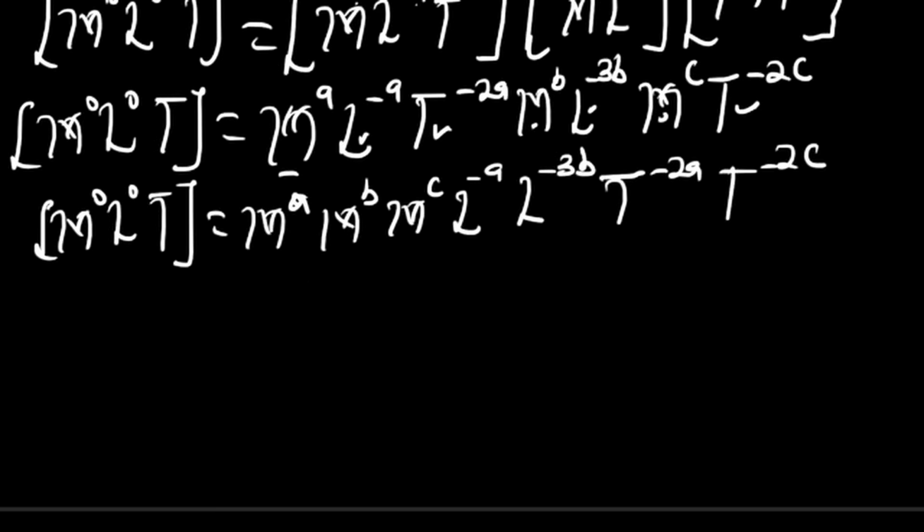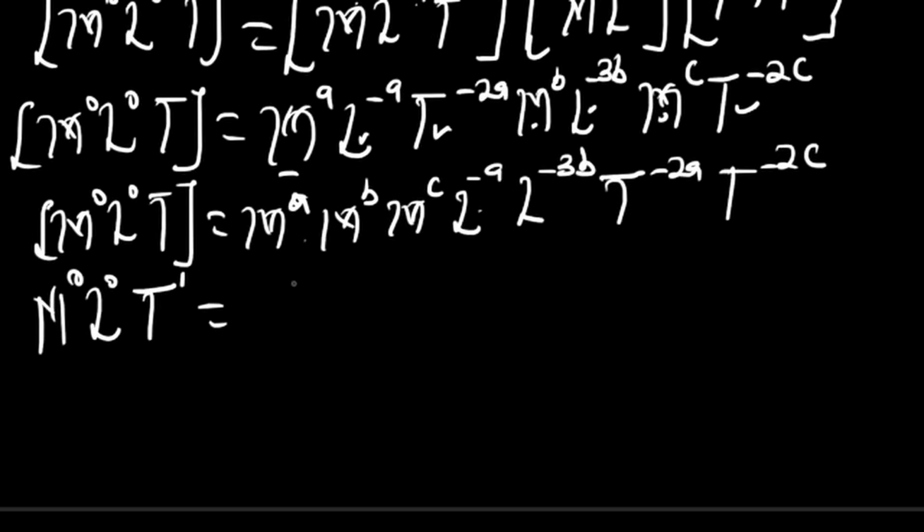Okay, so having done this right now, what do we do? Remember that I said if the bases are the same, you simply add their powers. Since they're multiplying, this is M times M times M. This is L times L. This is T times T. So we simply add their powers since their bases are the same. We still maintain what is on the left-hand side. So this is M to the power of 0, L to the power of 0, and then T. Remember that this is to the power of 1, right? Correct. So this is equal to